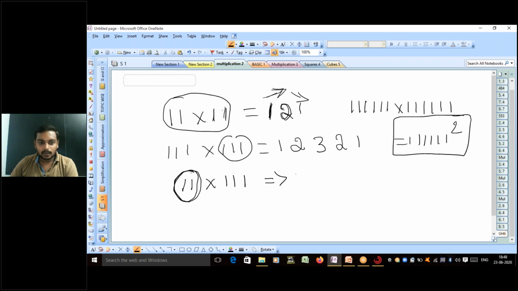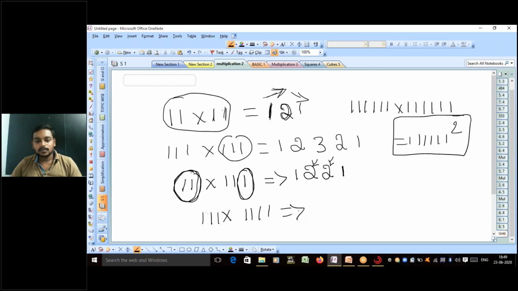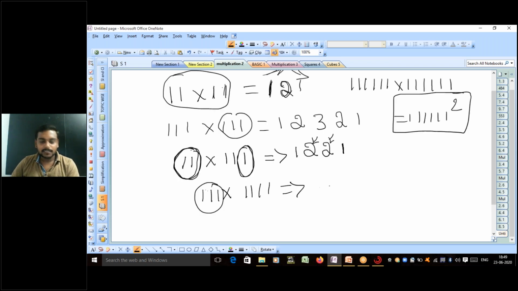Whichever has fewer digits, give it first preference. So we have 2 digits. Just write 1 2. How many numbers more? We have one number more. Just write this digit one more time. So write 2 one more time. Then in the decreasing order, 1. So if you have triple one multiplied by 1111, then you have to take the lesser value, that is triple one. Just write it in the increasing order, 1 2 3. When compared to this, we have one more. Just write 3 one more time. Then in the decreasing order, 2 1.